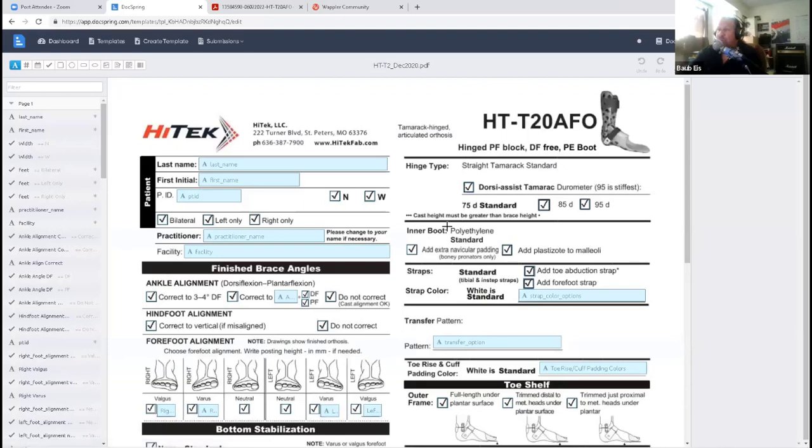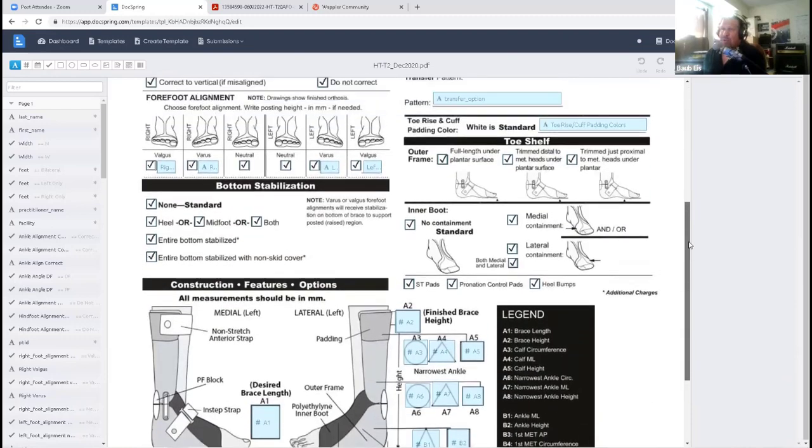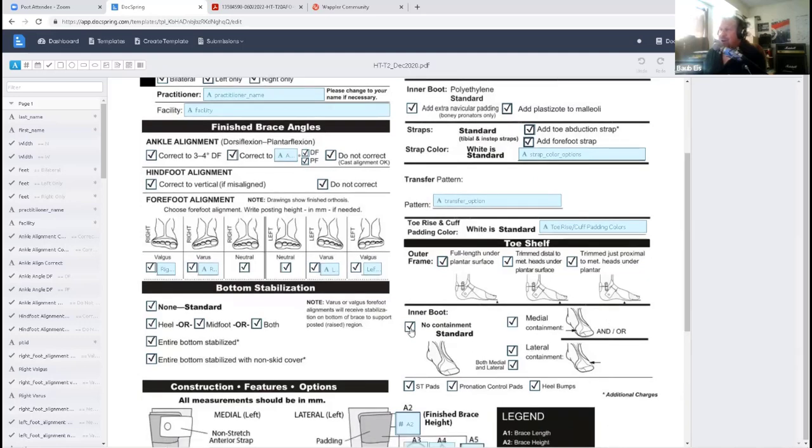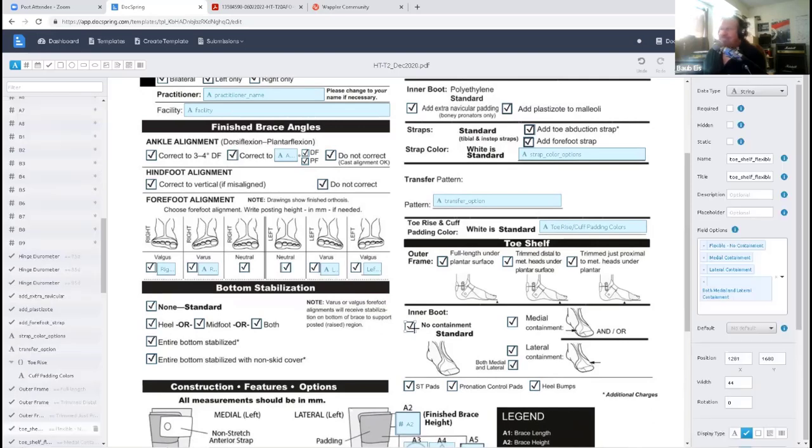Certain things within the order have different pricing structures. If we need an inner boot, or a medial containment, or anything like that, each of these is assigned a value. It's hard to see because it's on the side.